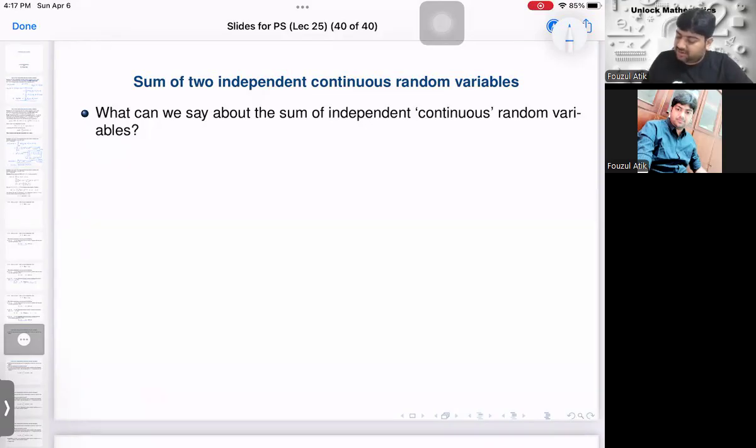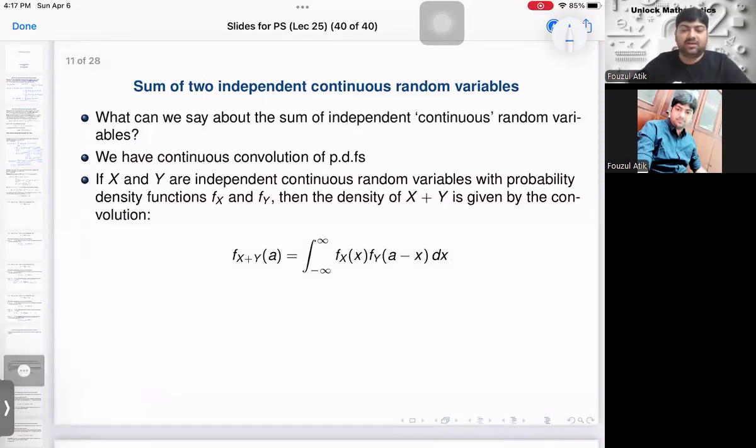So what can you say about the sum of independent continuous random variables? Now, like the convolution property of the discrete type PMF, we can have the continuous convolution of PDFs. What is that? If X and Y are independent continuous random variables with probability density functions fX and fY, then the density of X plus Y, that is W, is given by the convolution